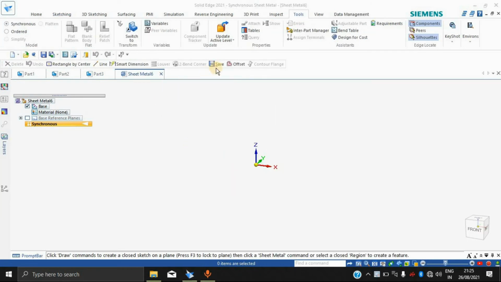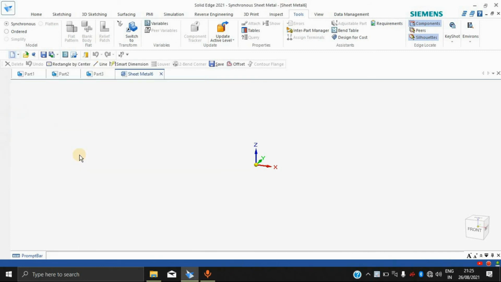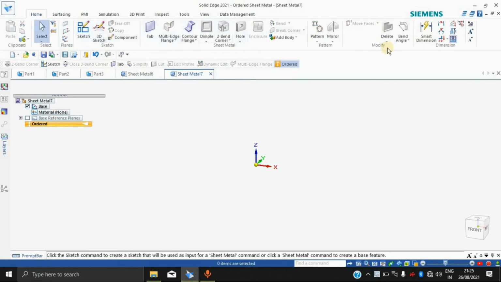Okay, so now we'll move on to sheet metal. So how to click on this thing, isometric sheet metal. So this is the isometric sheet metal menu will open. It will contain all these panels and it is very easy. So first of all, these are the various functions that we can use. Like okay, now we'll create a normal box using this